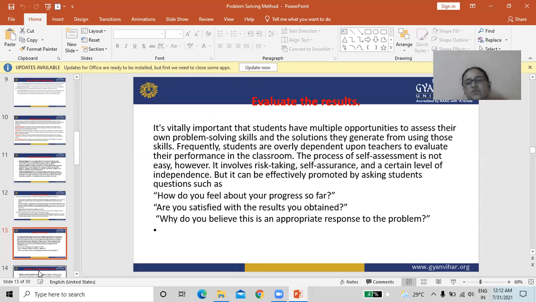The process of self-assessment is not easy. It involves risk taking, self-assurance, and a certain level of independence. But it can be effectively promoted by asking students questions. Such questions are: